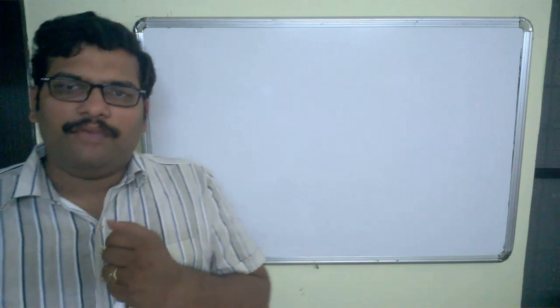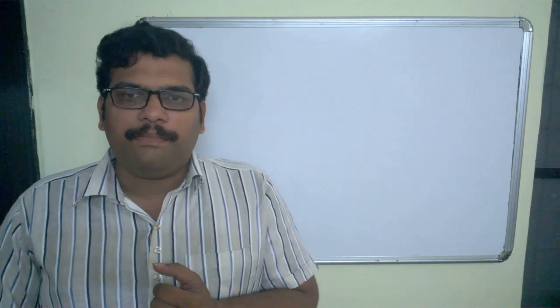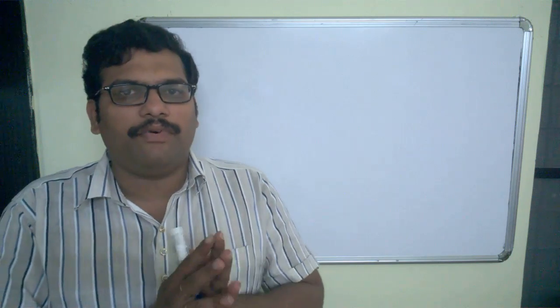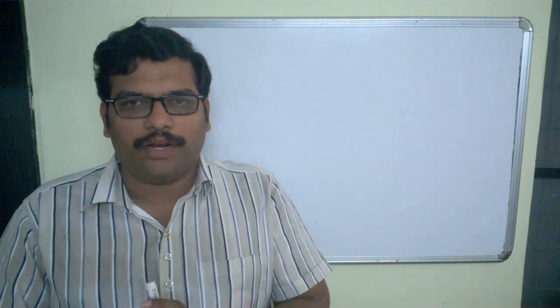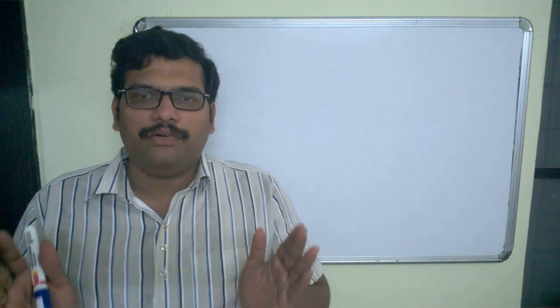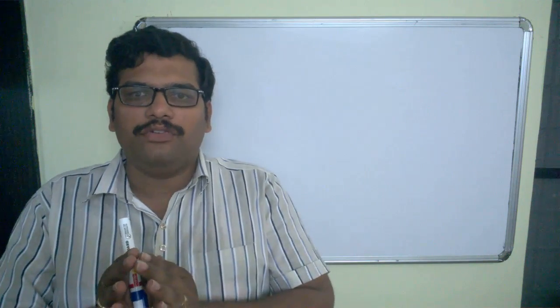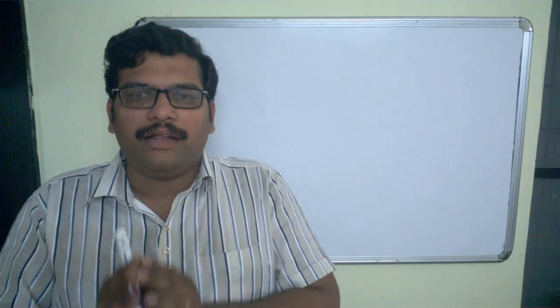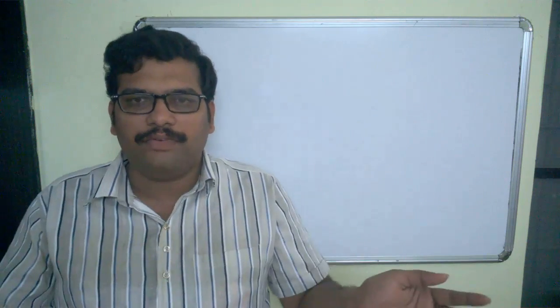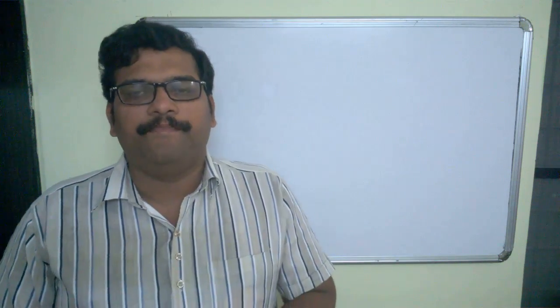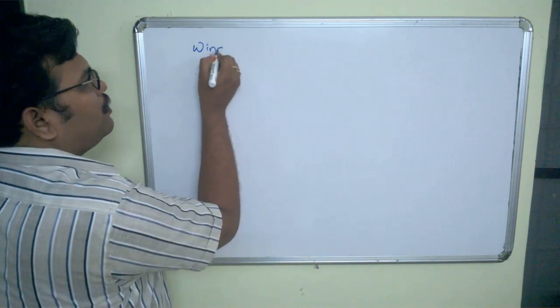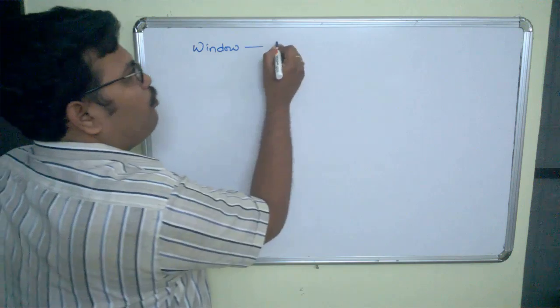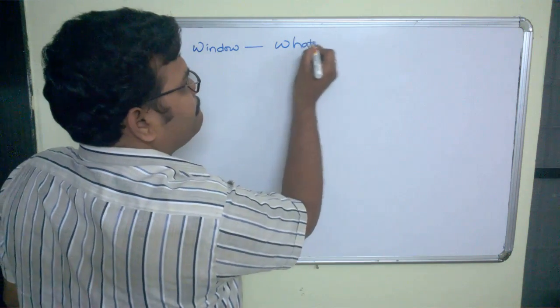In general, a window can be in any shape, but let us consider a window as a rectangle or a square. So the portion which lies inside the window should be displayed, and the portion which lies outside the window should be clipped. So a window, that means what to be displayed,